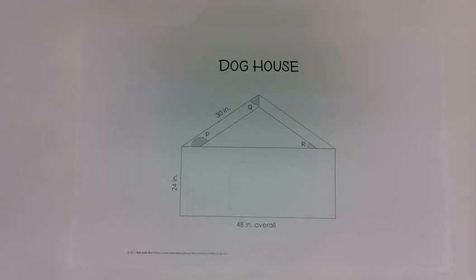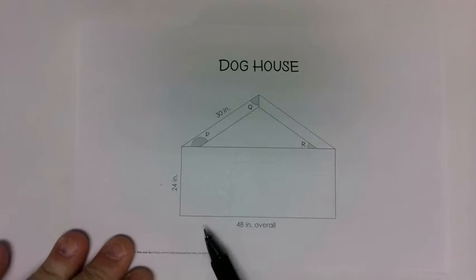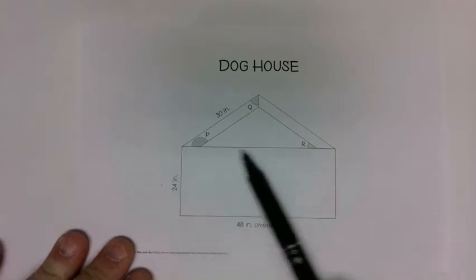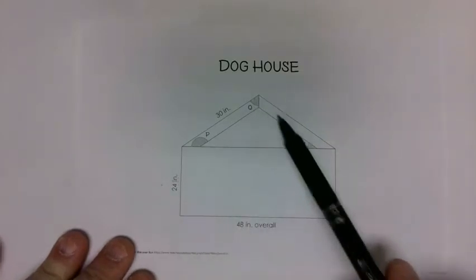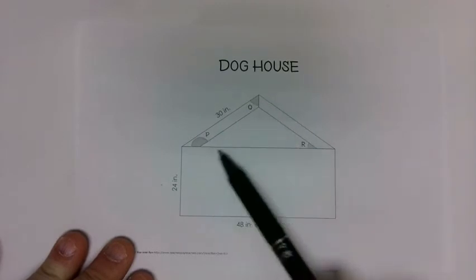But anyway, if I was going to make a doghouse, first thing I would do is I'd write out a plan of what it's going to look like. And I would map out all my pieces. This is especially true if I'm going to do more than one, or I think I might make it again. And I would make what's called a cut list. I would make a diagram of all the parts that I need to cut and what the angles and measurements are. So if I was going to make a doghouse, and it's going to be 48 inches by 24 on this end, and then I have these couple of rafters